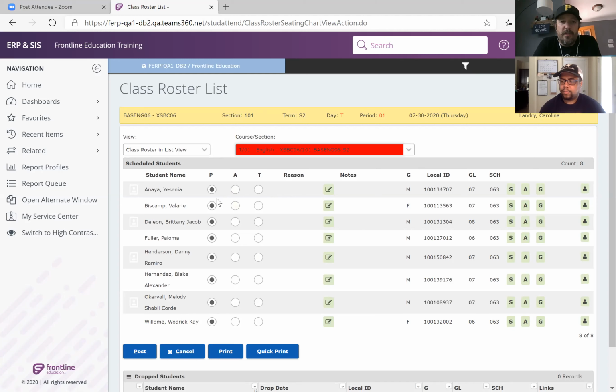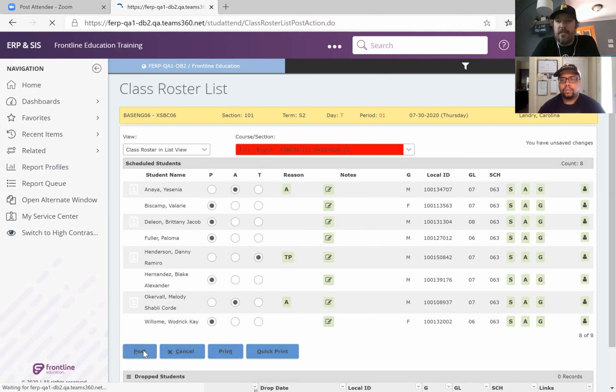But underneath your attendance, you have obviously your student names. You have your 3 options of present, absent, or tardy. So let's say Yesenia is absent, Danny is tardy, and Melody is absent. When I click post, which means I'm going to post my attendance,